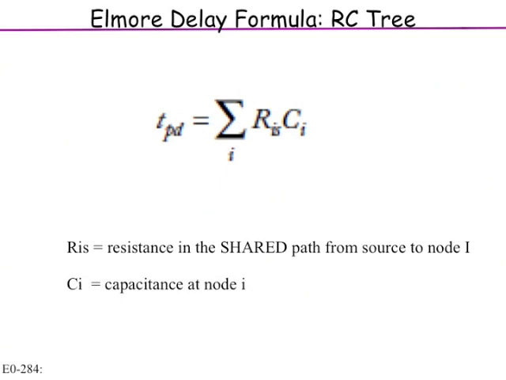And in such trees, Elmore in the early 1940s came up with a simple formula for calculating the delay, the RC time constant. You take all the nodes in the network, each with a capacitance Ci, and say you want to find the delay from the root of the tree to a certain output. There is a certain path in the tree, but there are a lot of other capacitances. So you take the resistance in the path, multiply it with all the downstream capacitances, and sum it up. That is the formula we use.